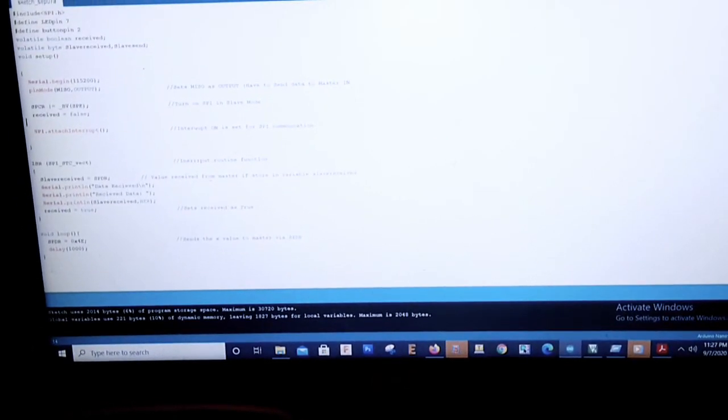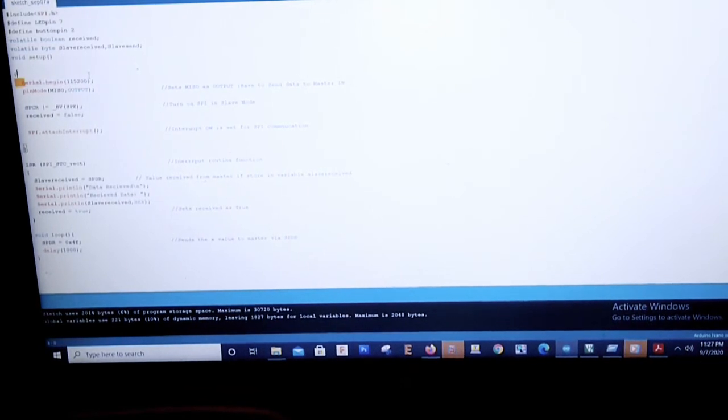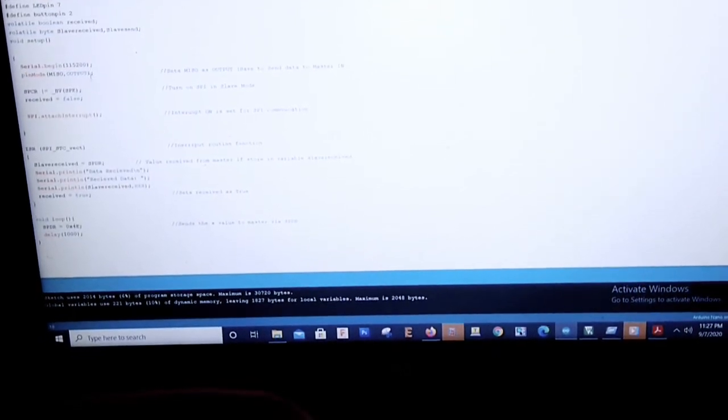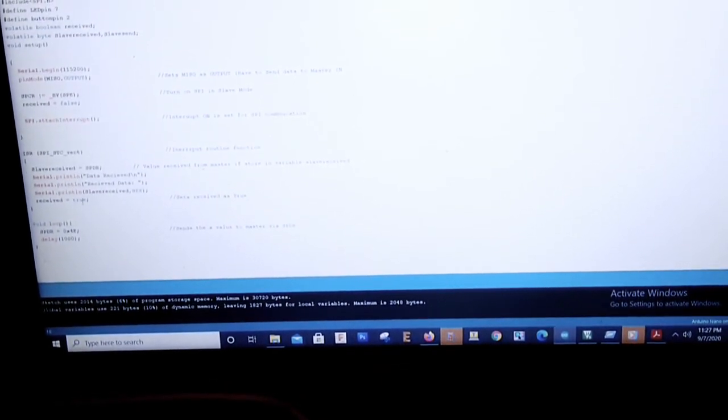This is the Arduino code, and as we can see, here is the Serial.begin that will begin the serial monitor, and here is the pinMode, with MISO as output, and it is acting as a slave. It will send the data SPDR to 0x4E.